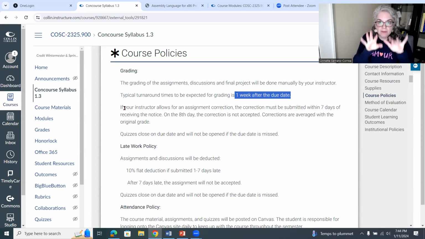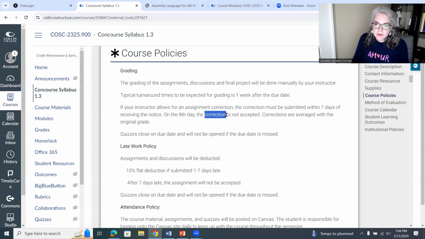resubmit, so I'll give you feedback, and then I say resubmit, then you have 7 days to resubmit the assignment. Don't resubmit unless I tell you to, okay? Usually, if a student just gets something really wrong and they're just not understanding, I'll ask for something to be resubmitted. They just went down the wrong path, and I do like students to correct. If they have a lot of errors, I like them to make corrections because that's how they're going to learn. And so you can make those corrections.